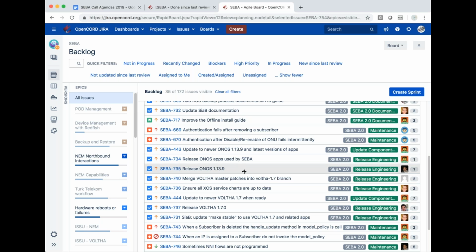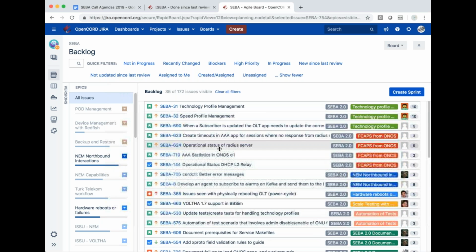Yeah, for QA, we already had a bug scrub last Thursday in the CORD QA call, and we have identified the blockers for the release, and we also discussed the testing plan. All the scenarios that we had documented are being tracked.